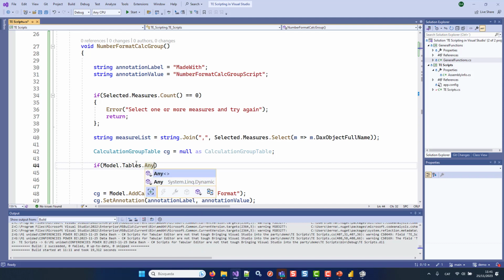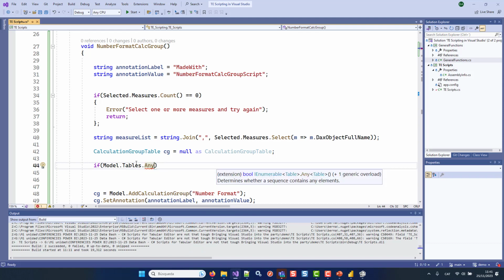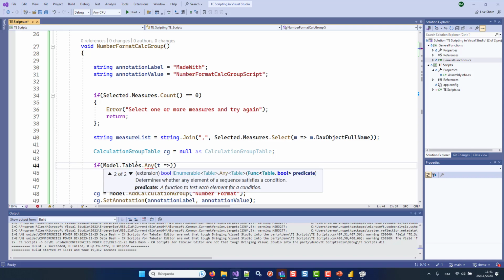This is already another LINQ expression. When you do that, you first declare a variable, a little bit like Power Query. So now t will be each of these tables, and if there's any that fulfills the condition I'm going to write now, using this t as a variable,